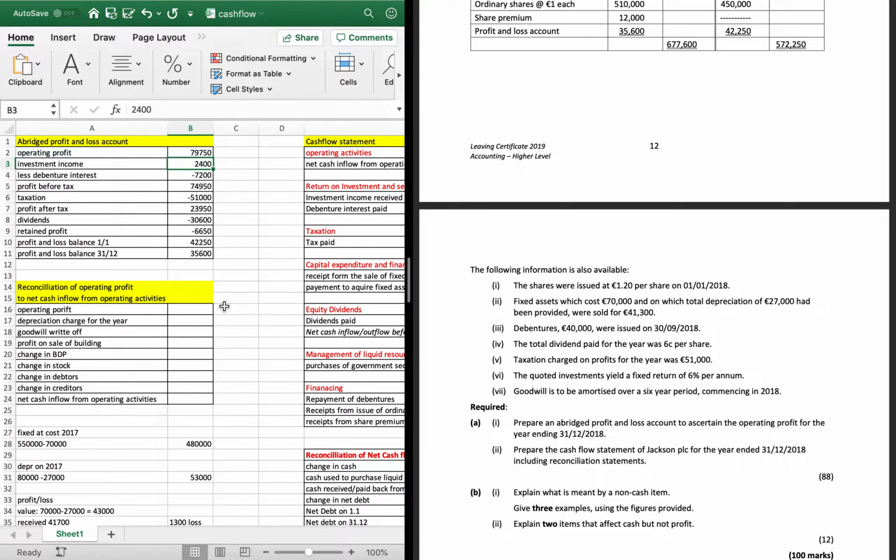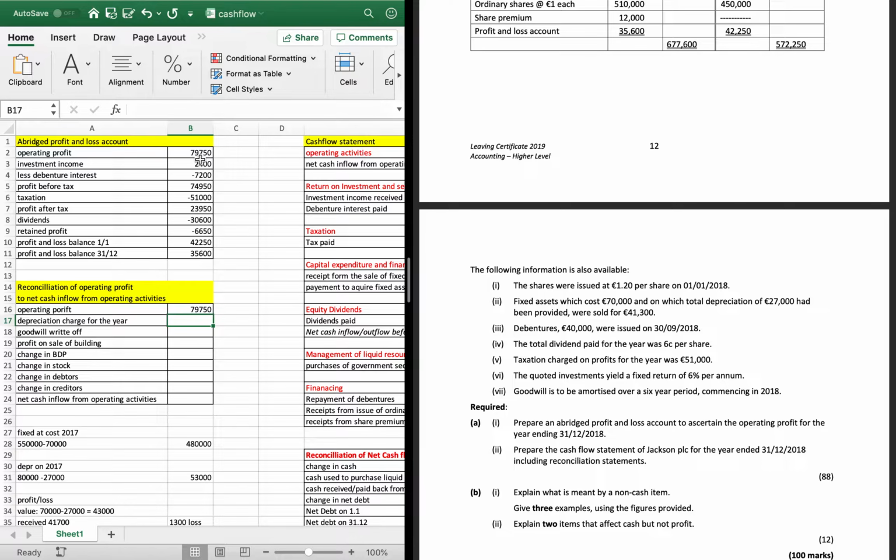So now the part B, the reconciliation of operating profit to net cash inflow from operating activities. So the operating profit is 79,750. That's our answer from part 1. Now we have a load of things that go in. So the reconciliation of operating profit to net cash inflow is used to find out the cash position for 1